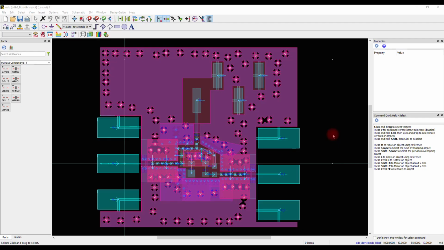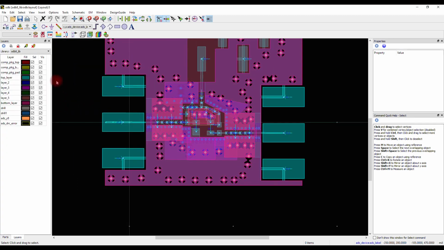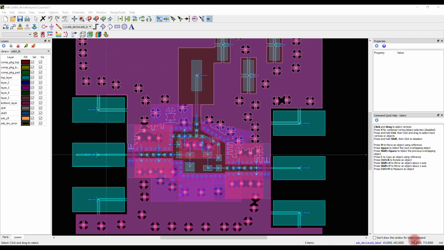Here is the layout which has been imported from Altium Designer in the ODB++ format. I'm not going to repeat the steps to show you how to import ODB++ file into ADS. In order to know how to do this, please listen to the tutorial 1. You can see that we have the complete layout. All the layers are enabled. In this imported layout, all the pins for ground and signal pads are created automatically.